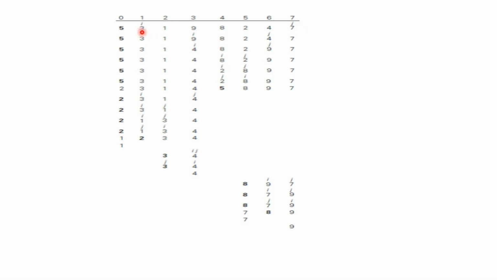Now you need to scan from left to right first. So the value that is pointed to by i is 3. It is less than the pivot element 5. So you need to increment i. Now the value that is pointed to by i is 1. 1 is again lesser than or equal to 5. So once again you increment i. Now when you compare, the element at this i is 9. 9 is larger than 5. So you need to stop scanning from left to right. Right now i is pointing here to the index 3.